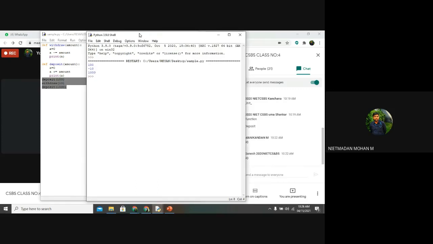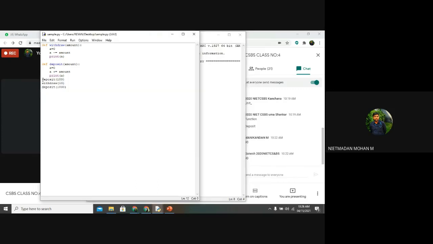So we have not mentioned any clients. We are using it without any object. We are using those deposit, withdraw, deposit. It means we are using only one client. But from the bank's point of view, the bank will have more than one client, right? So when you are going with the withdraw and deposit option, we want to go with a minimum of more than one client. So we are going with the class and object format.